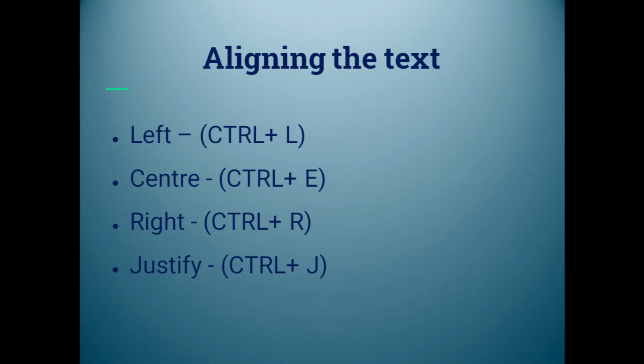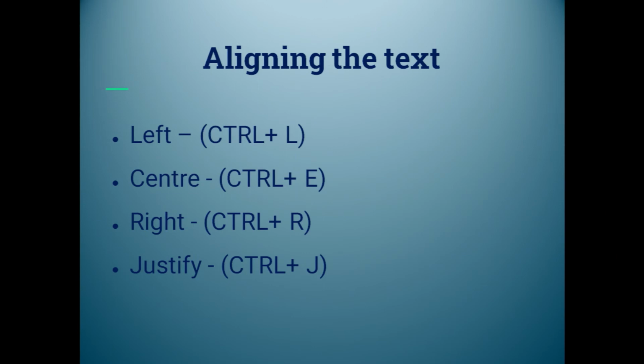The alignment also we discussed. We can use left alignment, right alignment, center and justify. For this alignment also we can use shortcut keys, so it is easy for you to remember. For left, it is L. The word left begins with L, so you can use Ctrl key plus L key. For right, the word begins with R, so you can use Ctrl key plus R key. Justify, the word begins with J, so you can use Ctrl key plus J key together. Only the center is a little bit different. It is not C, Ctrl C is already used, so we are using Ctrl key plus E key to make our content center aligned.